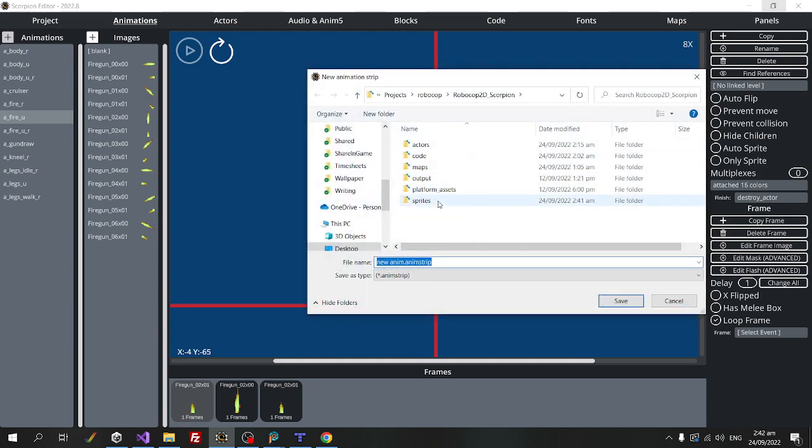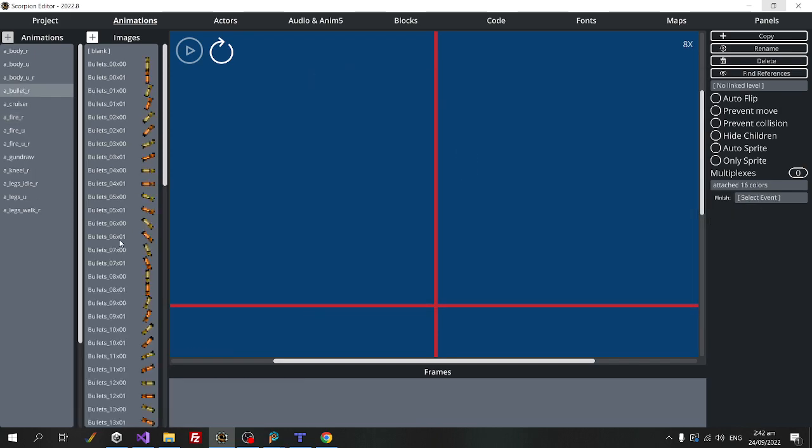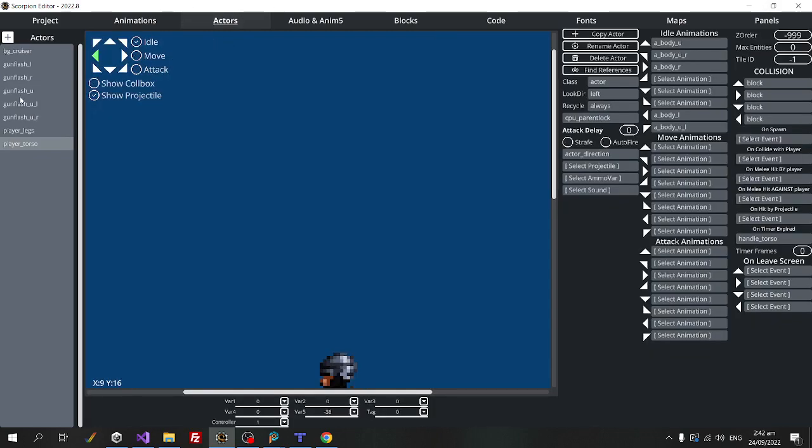Let's add an animation for bullets. A bullet R. And we've got to find the right facing bullet. I guess it's that one. Would I flip that? And if we set that as the projectile,